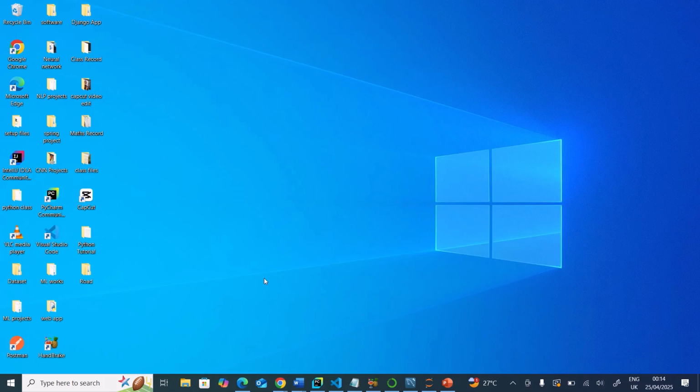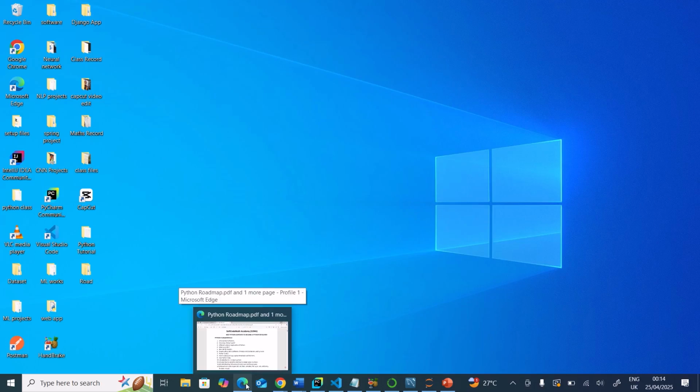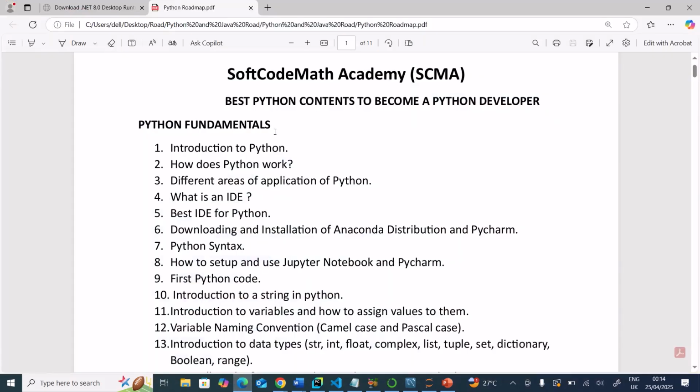So nowadays, even in terms of job opportunities, as far as Python is concerned, Python is very popular for either data science, machine learning, AI, or backend. So today I'm going to share with us the roadmap I'm talking about, which is actually going to be the content, everything that you have to understand, everything you need to know. So let's start with fundamentals.